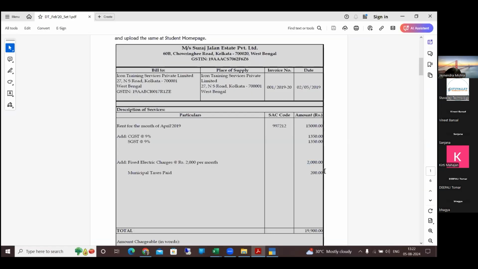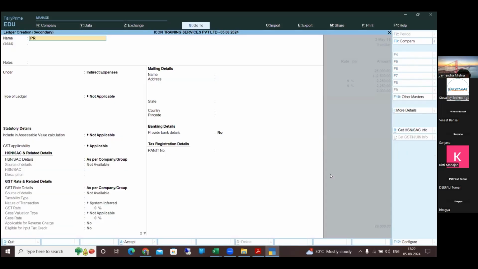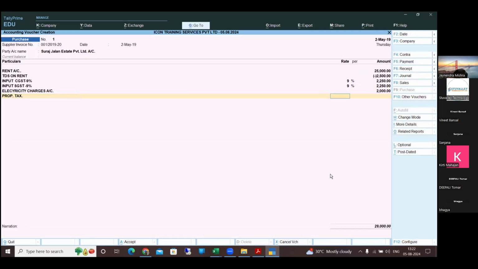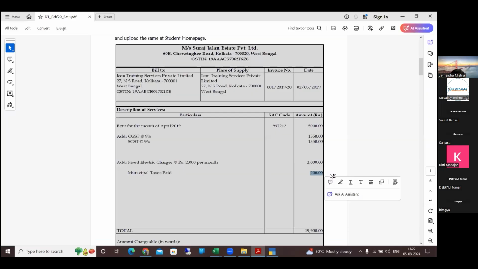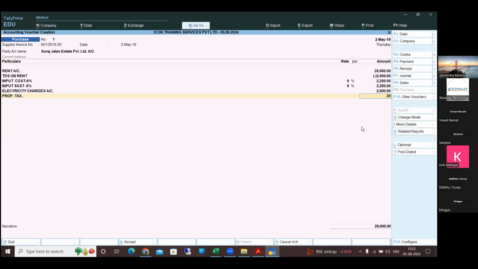We have to pay property tax. Friends, the owner is also collecting property tax from us. The owner is collecting rent, GST, electricity and property tax. Create the ledger under indirect expense. It is an expense for us, friends. How much? 200. Then